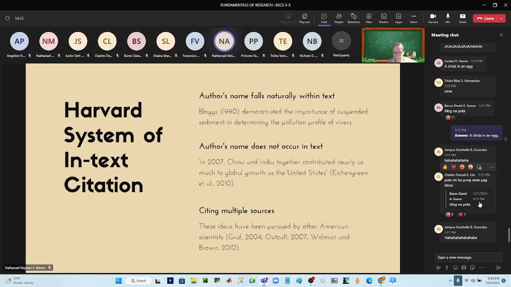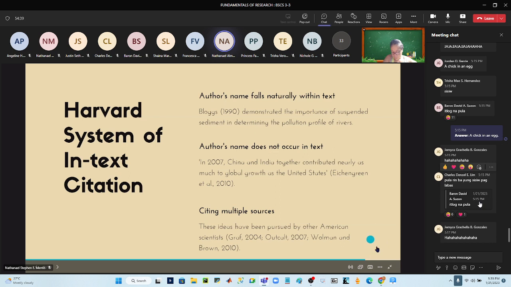halimbawa sa isang sentence na yon, pinagsama natin yung two different ideas from two different literature. So pwede tayong gumamit ng "and" clause. Yan, no? Tulad na makikita natin, author, and clause, or kapag more than 3, pwede rin comma. So author, date, comma, author, date,